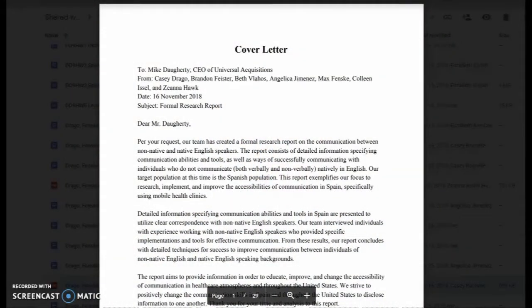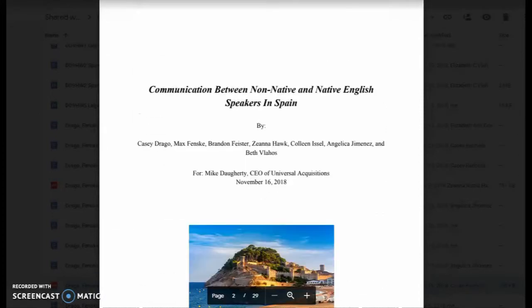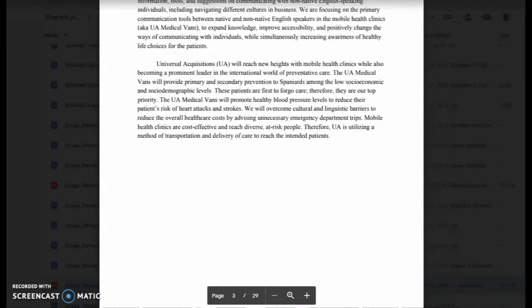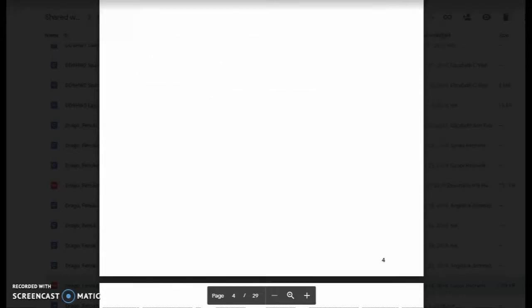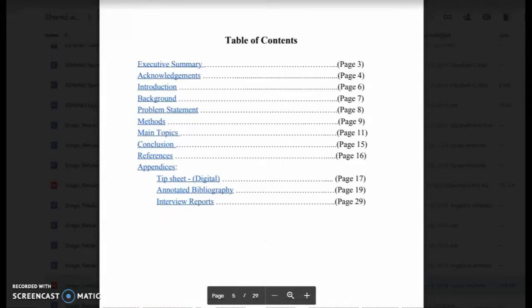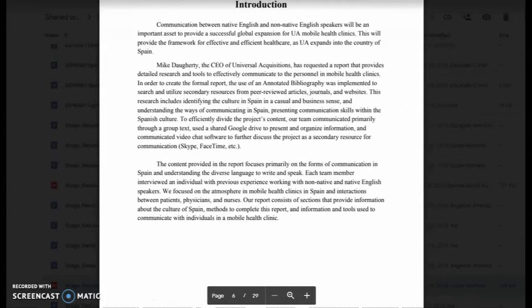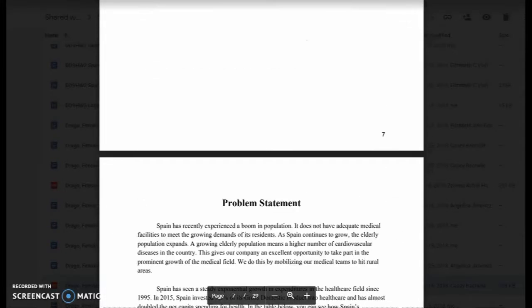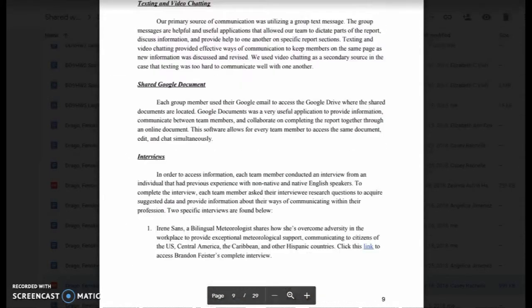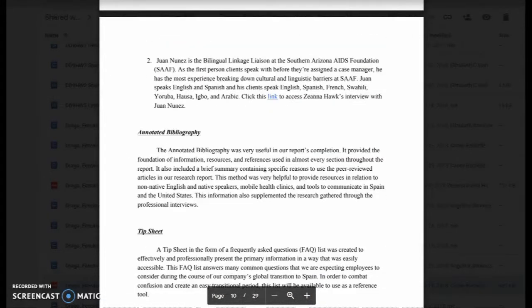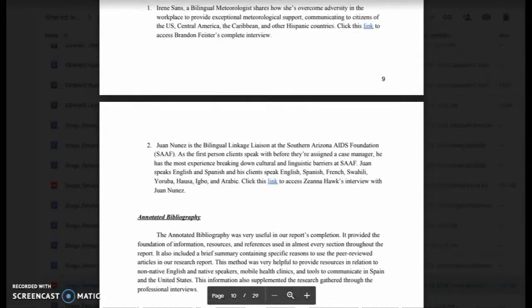The first project I'd like to discuss with you is the group report, specifically page 17, the tip sheet. So here you see the first page of that large group report. You see that we started with a cover letter, and then moving down we have the title page, the executive summary, an acknowledgement section, a detailed table of contents to state the page number as well as all the different sections being hyperlinked, an introduction, a background, an official problem statement, methods of research that we used to encompass the